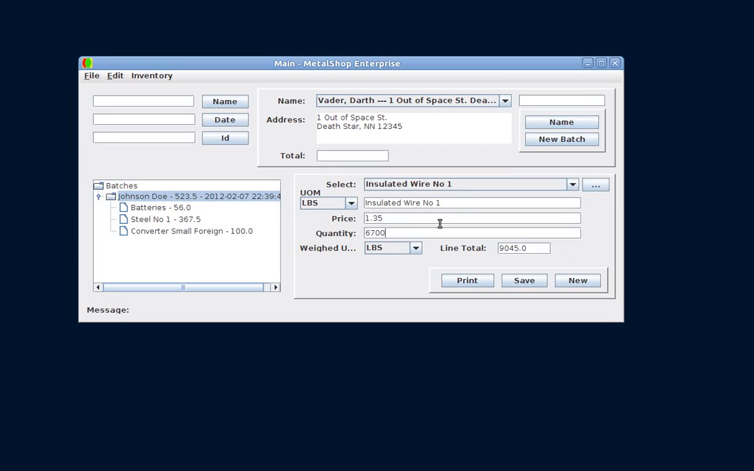6,700 pounds of insulated wire number 1. Okay, so now these people have brought you metal, you have purchased it. I'm going to show you now how you could print the purchase order so they can sign it and get paid. Just hit print, and it creates a PDF file